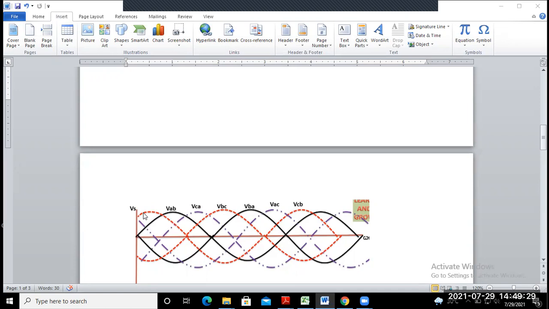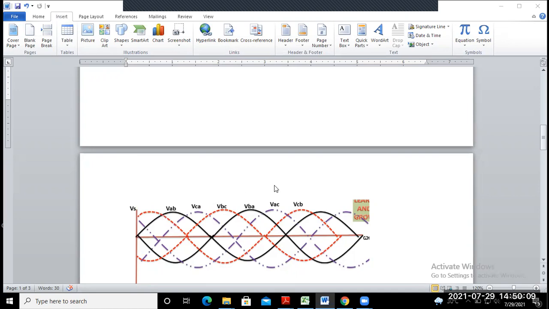is your, which one? This one is your VCB, is it not? The most positive voltage up to this one is your VCB and the most negative is your, which one? VBC. So this thyristor will be in conduction mode if a gate pulse is provided to that thyristor. Okay. So from this point, suppose the most positive voltage appears, that means positive voltage VA. So the thyristor will start to conduct from this point if you provide the gate pulse.